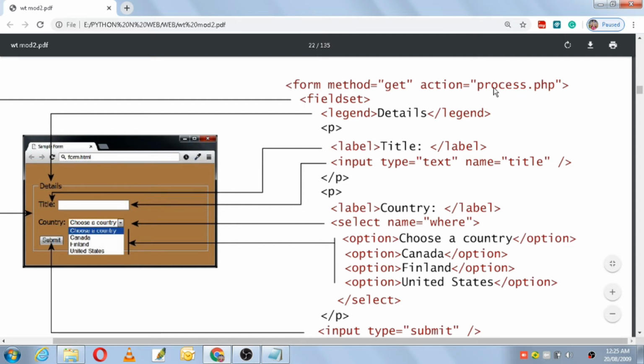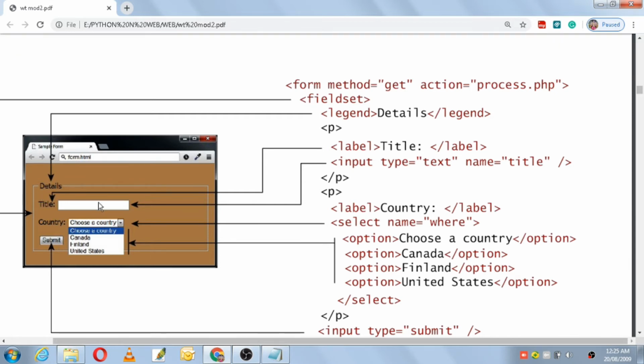So why we are using a PHP code here is, once you create a form using HTML and you enter the details here, for example, if I enter a title and a particular country, Canada, then the details get submitted in the form, and then it has to go to the server for processing.